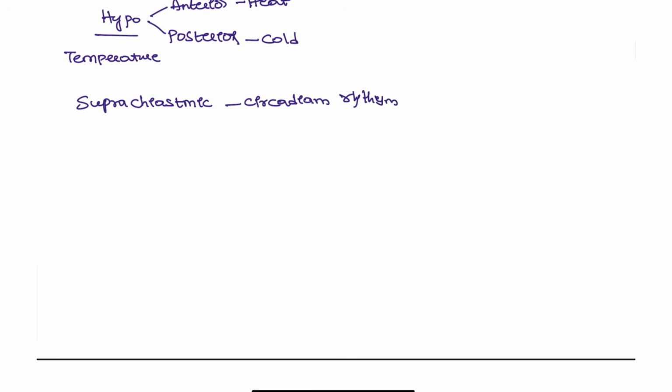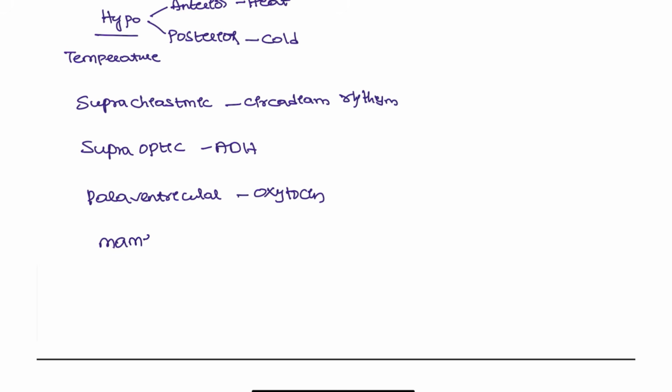This is a circadian rhythm. And next, supraoptic is ADH. Okay, supraoptic is the ADH. And next, paraventricular, this is for the oxytocin, and mammillary bodies. Okay, this mammillary bodies is for the memory,